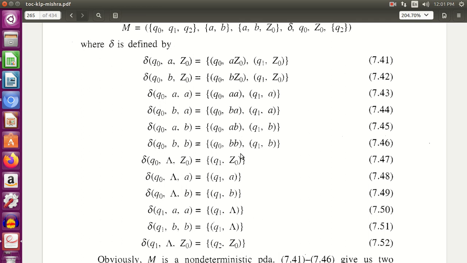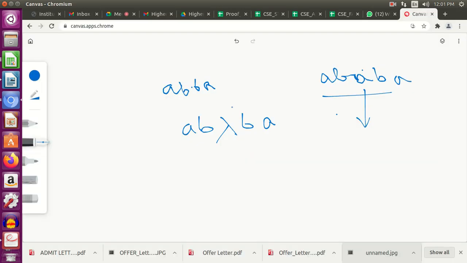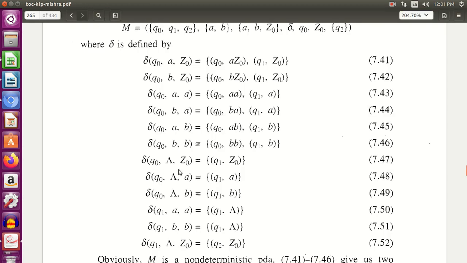Now think of the even length palindrome that I was talking about. We have to imagine that there is a lambda, an empty character which denotes the middle portion, because we do not have anything, so we have to assume something for the ease of our construction, and that is what we have done here.